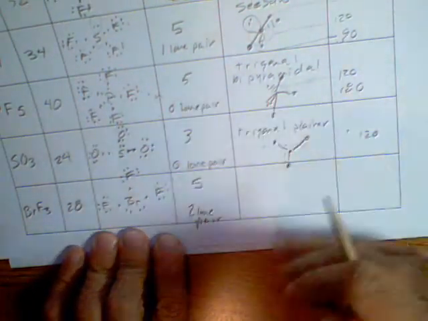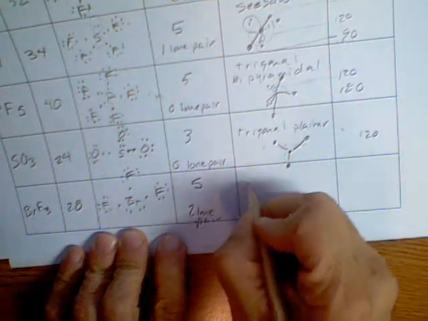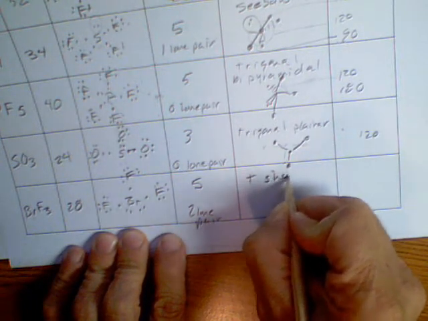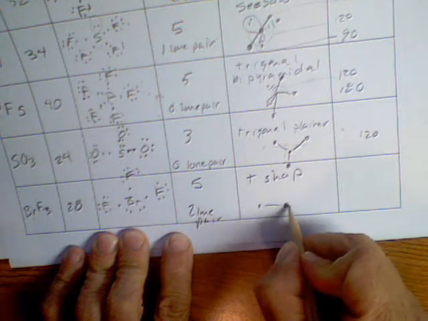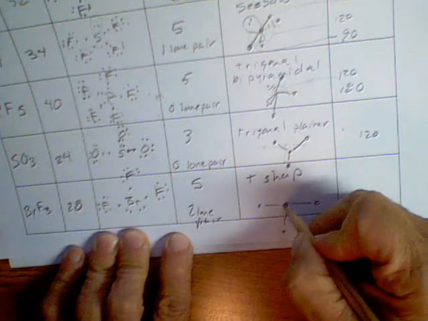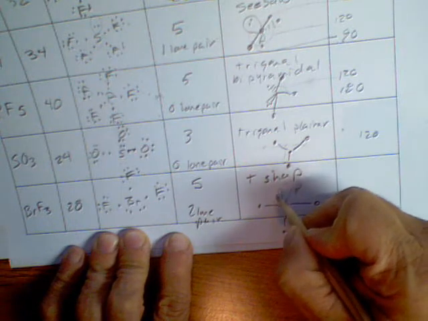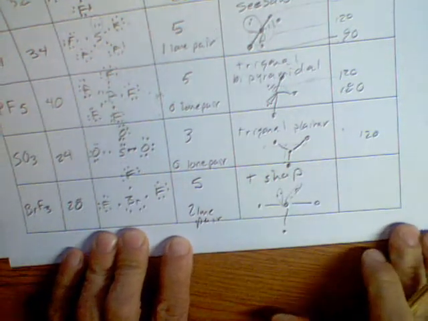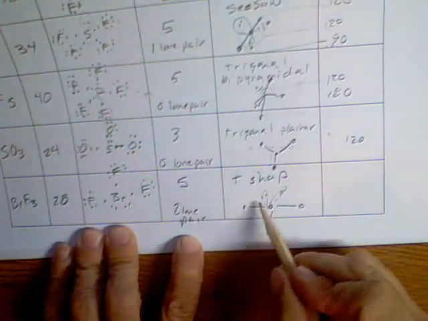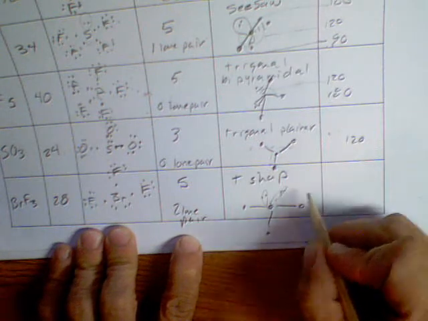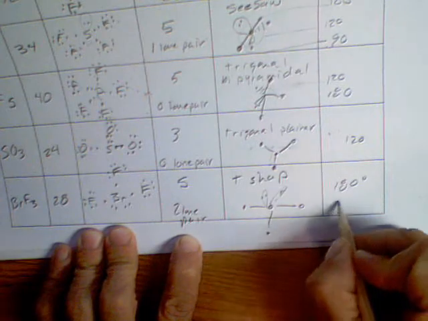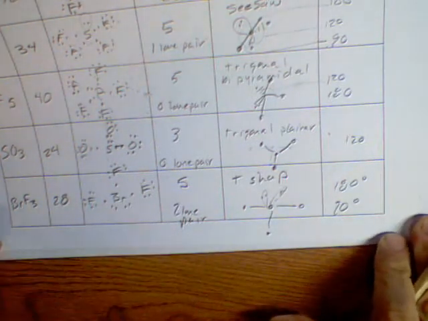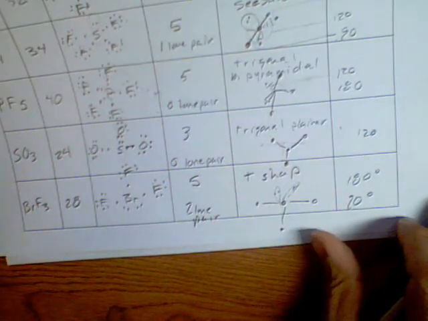Then what we have is by definition a T shape, because in this situation, here's our central atom, and then you have these lone pairs. Now here's our lone pair sticking up, and it makes this T shape. And so this is going to be 180 degrees, and these of course are going to be 90-degree angles here, as you can see. All right,